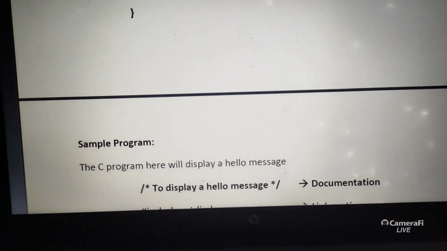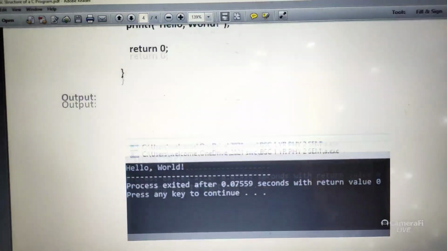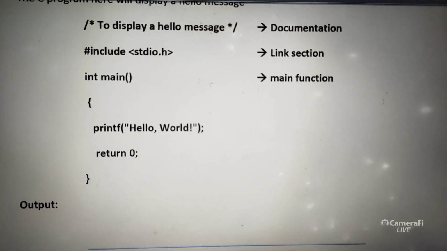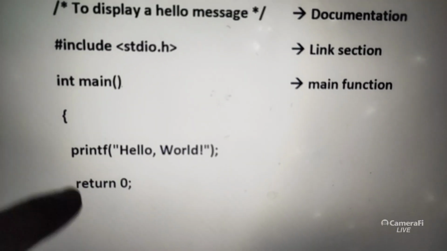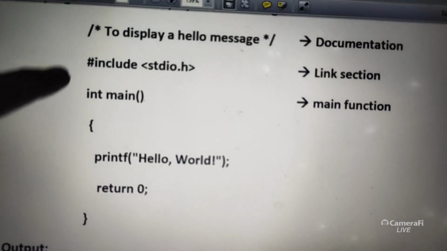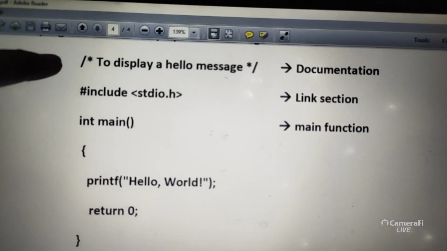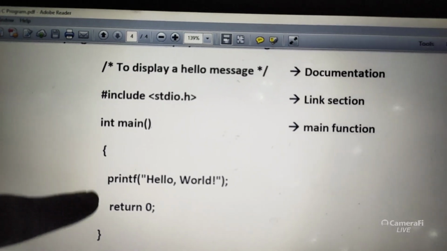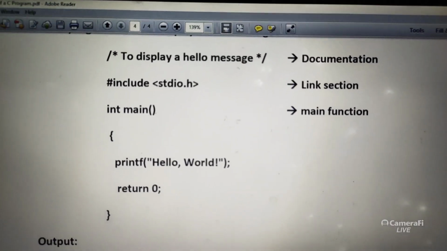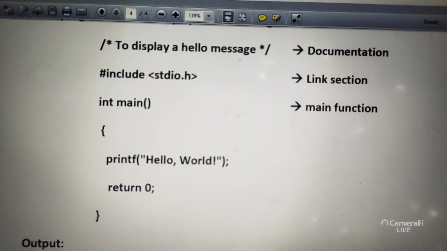Generally the program will be in this fashion. It is an example program. It is going to start here and it is going to end there. We'll discuss the way to write, what to write in the first line, second line, third line, and what each is called.